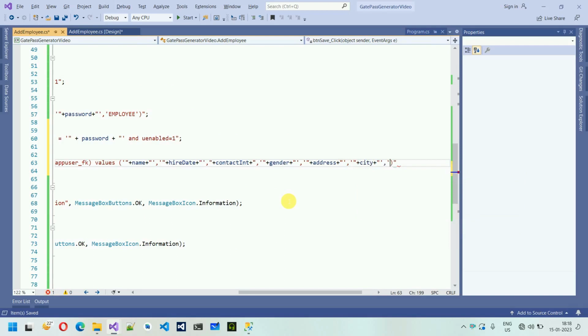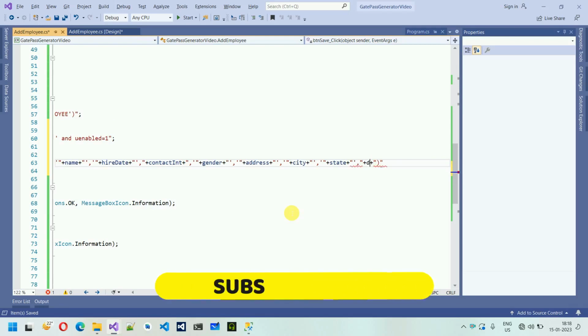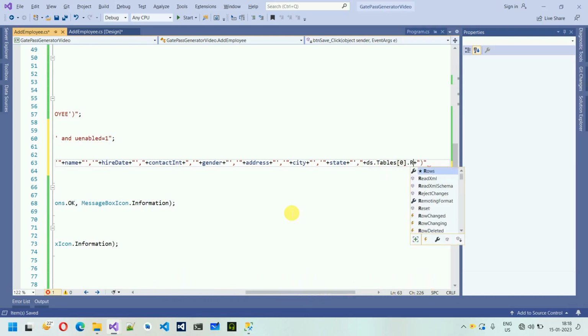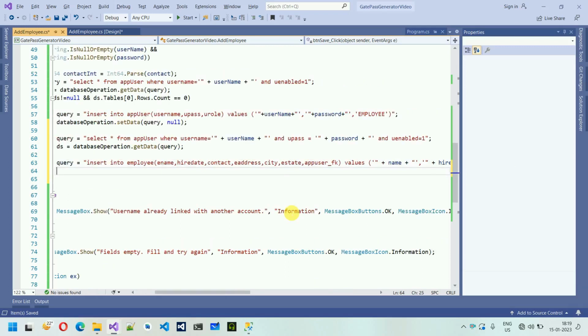After city, we have state. I'm going to pass a state over here. And finally, we have to pass the fk. That's in the data set, right? So that's the integer. So double quotes, plus plus, like this one, ds dot tables, from the table 0 dot rows. We have to get the 0th row and 0th column, and our query is ready,